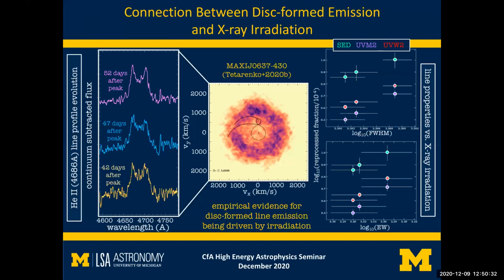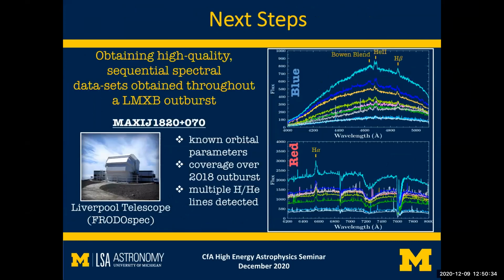LMXBs. So accordingly, the next step involves performing this analysis on a time series resolved series of spectra covering multiple binary orbits. Fortunately for us, we have this spectroscopic data obtained with the Liverpool telescope on black hole MAXI J1820. Now, ultimately with J1820, what we have is a binary with known orbital parameters, as well as coverage over multiple months of the 2018 outburst, specifically March through June of 2018, with several disk-formed hydrogen and helium emission lines detected